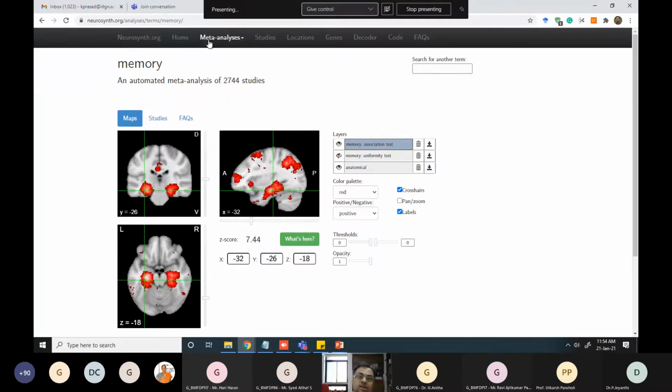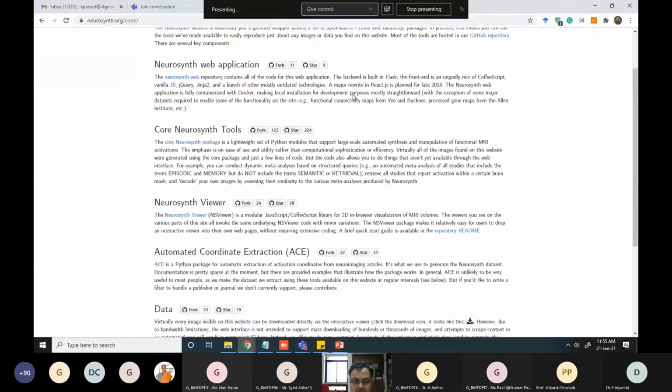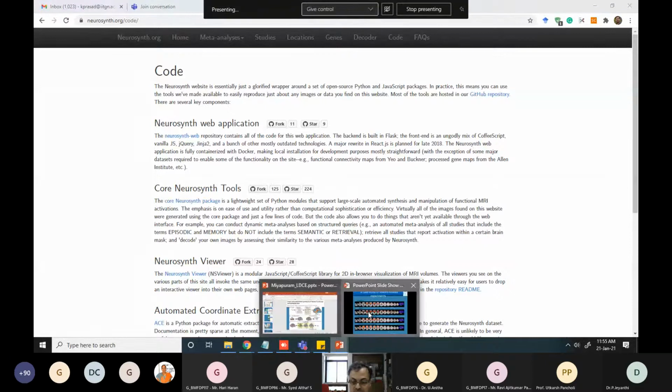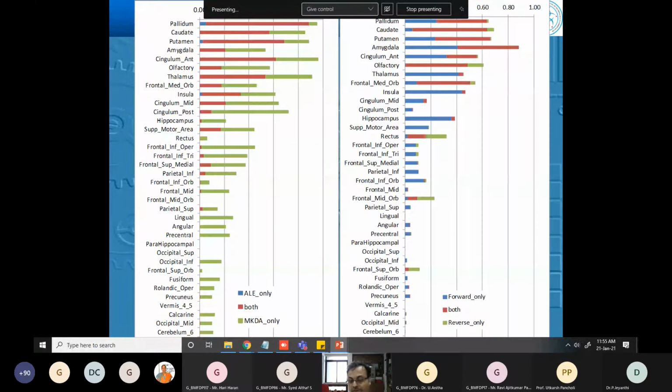So this is a very useful way to do a number of analyses. There is also topic modeling. I will not be discussing all of that today, but you can get the code and it's open source. Python code is available, all the procedures are described, and this is very interesting for you to explore. This is like having a laboratory in your computer. You don't have to actually run the studies. All the study data is there. So these are the different brain areas, and the number of voxels we found using different techniques is listed here, along with different brain regions and so on.